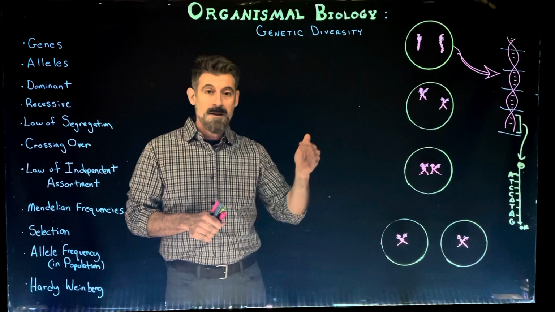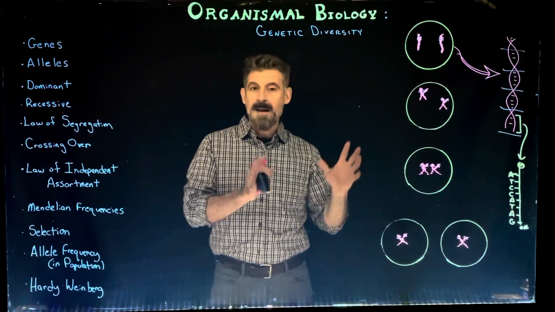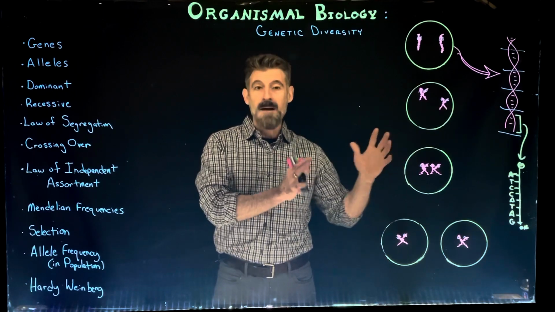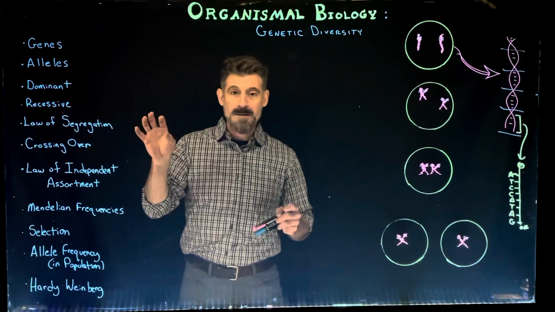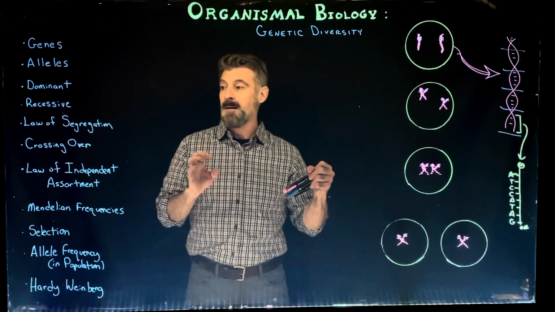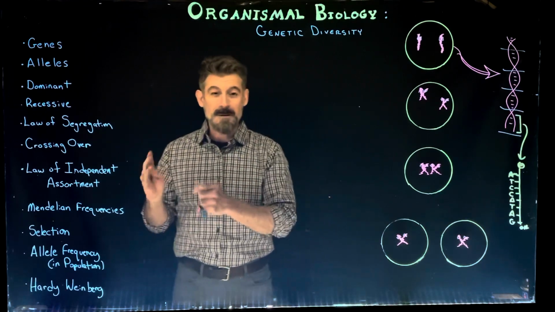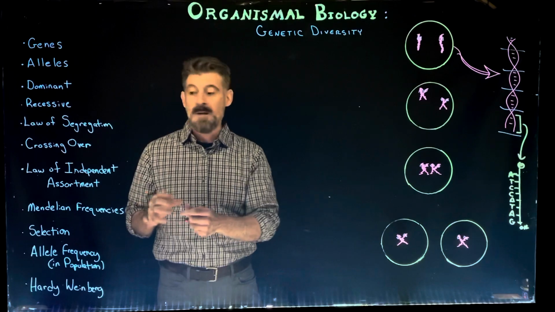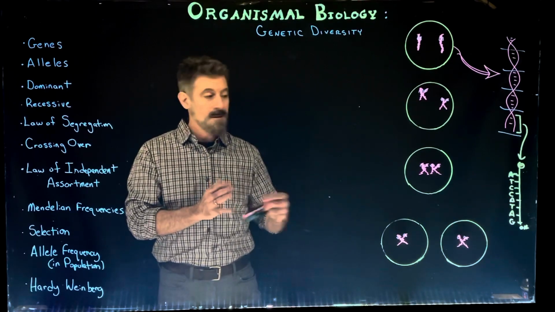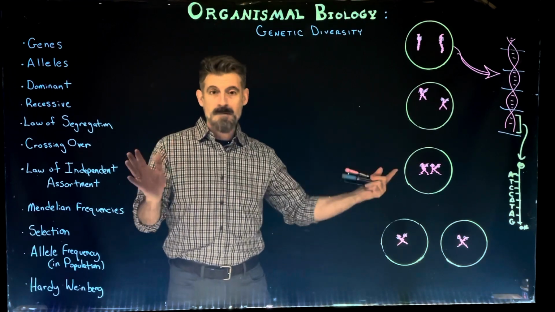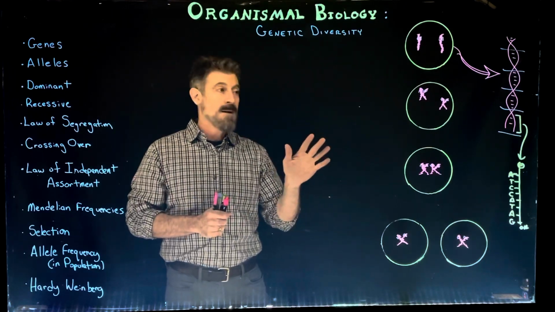What I'm going to do is break all these topics down into a series of short steps, each one covering an aspect of that whole process, going through the introduction of terms and some of the basics of meiosis, how that relates to Mendelian laws, and then eventually get into alleles and frequencies of alleles in populations, and then talk about the Hardy-Weinberg equation and looking at microevolution, essentially. And this is going to take several steps and several lectures to get through. And so we're going to start off here with some of the basics. Okay, so